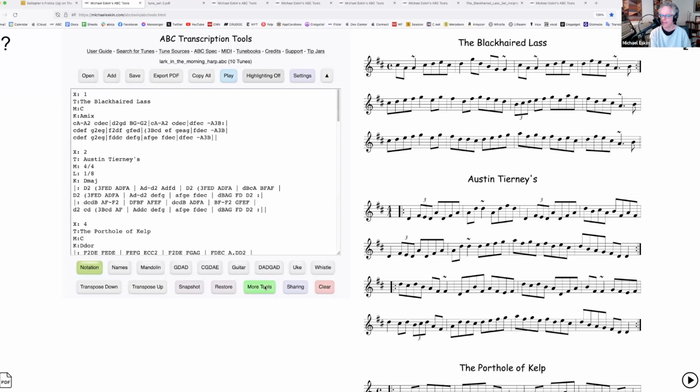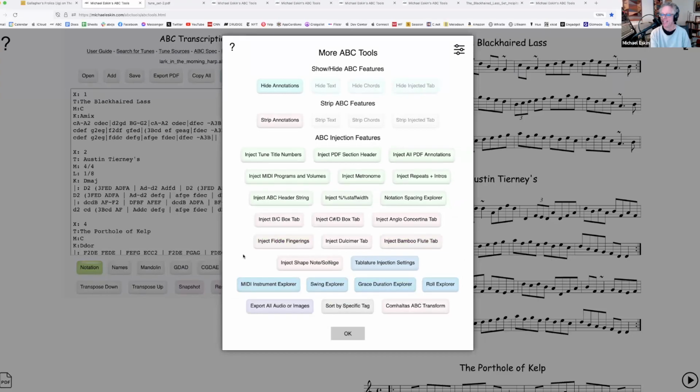Okay, next level. We'll get into some of this tablature generation stuff. One of the things the tool can do is automatically create tablature for a wide variety of instruments: BC box, C sharp, D box, Anglo Concertina, both Jeffries and Wheatstone style. It can put the fingerings for the notes, not the